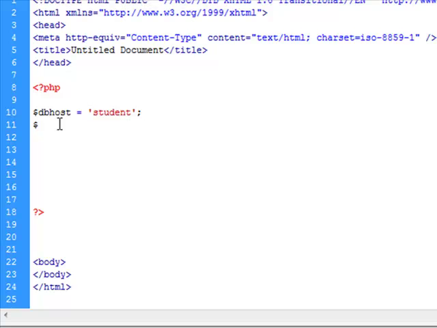So the username will be root, and by default, since the password is null, we have to keep